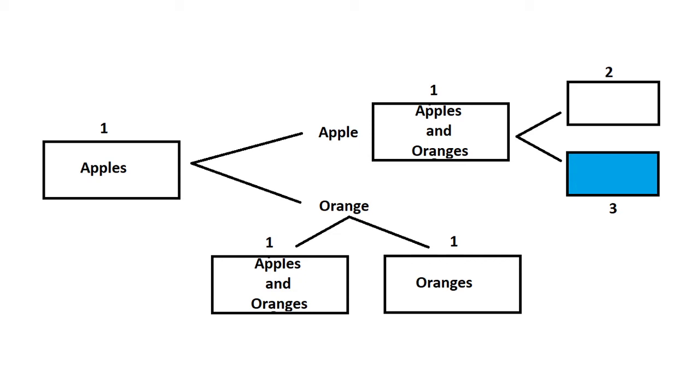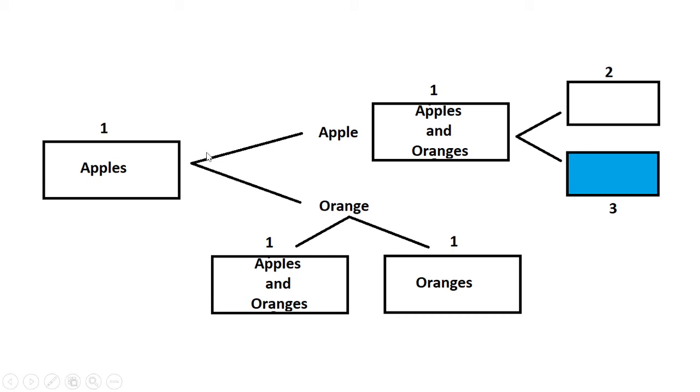Now if the fruit taken out is apple, we know that the box labeled apples cannot contain only apples, so it must be apples and oranges. Now box 3 was labeled apples and oranges and that label has been shifted to box 1. Now box 2 was labeled oranges and we know that it is incorrectly labeled. So the only possibility for oranges is box 3. So box 3 will be labeled oranges and box 2 will be labeled apples. So in this scenario, we are able to correctly label all the boxes but only in one situation.